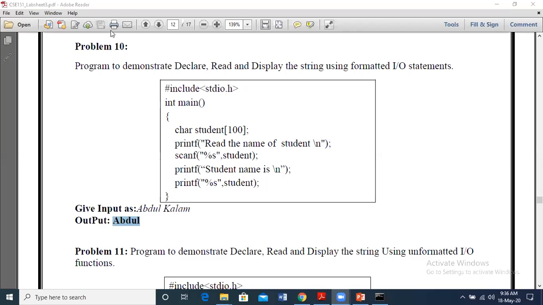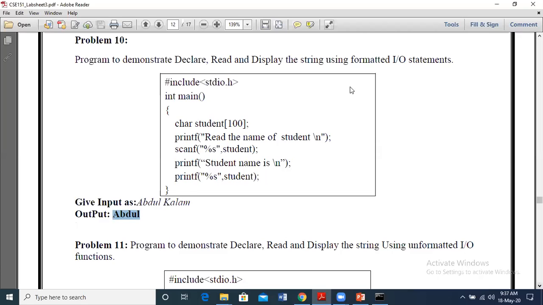Did you execute this program? Yes or no? Yes. Did you get similar output? No, ma'am, didn't execute. Okay, why? Okay, fine. Today after class, please execute these string related problems. And if you have any doubts or errors, you can let me know. Yes. We'll continue.